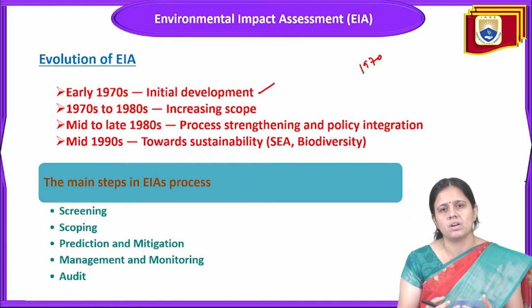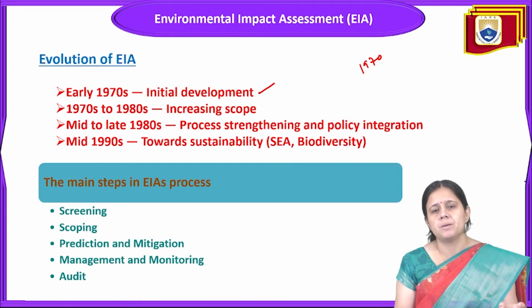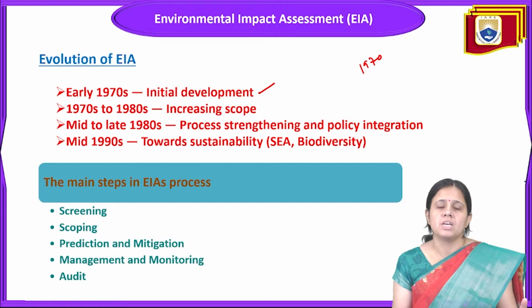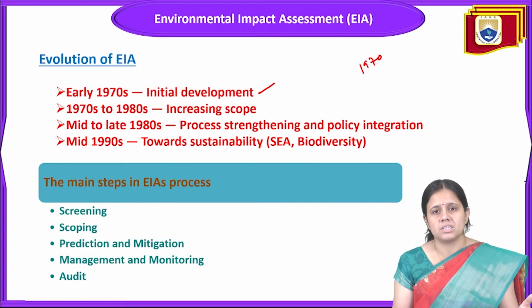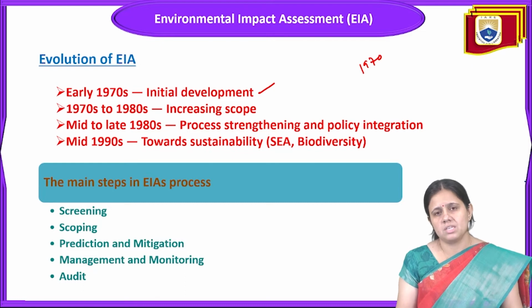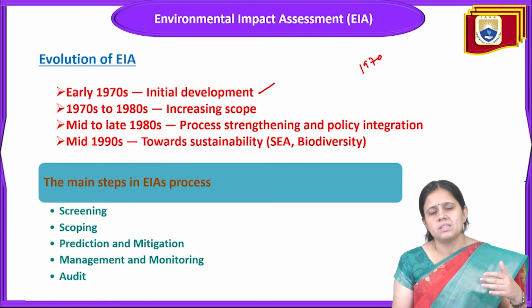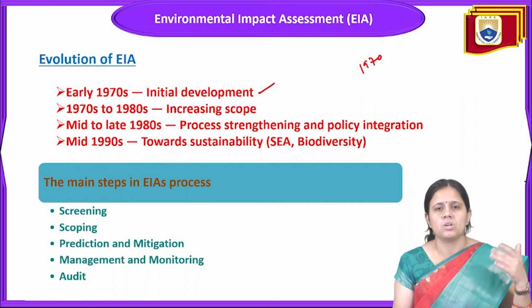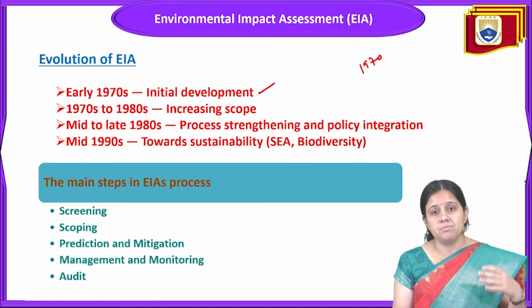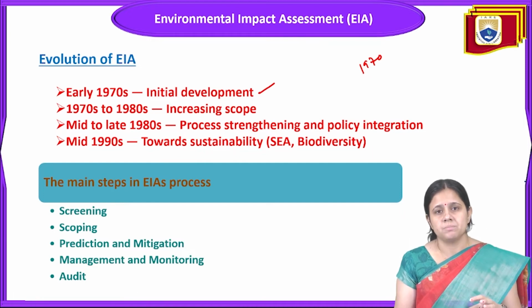EIA is basically for those projects. They will give clearance only to a project which will not cause any harm in the future, and they will take clearance from that authority. They will discuss the pros and consequences related to the project, so that they give an idea of how much effect that specific project will have on the environment. So if there is more effect, if they will compromise the needs of future generations, if they will disrupt biodiversity, if they will cut the trees of many areas, then they will